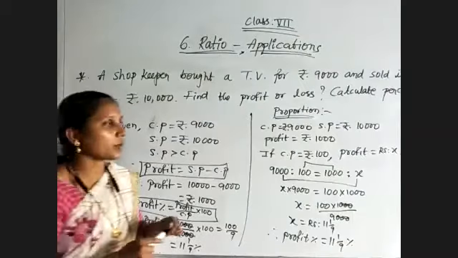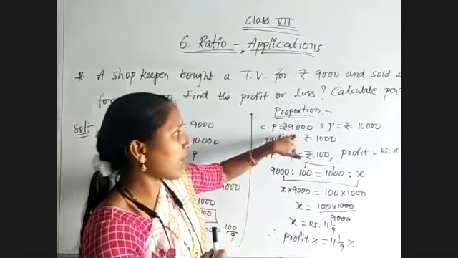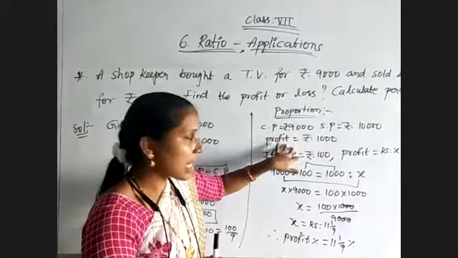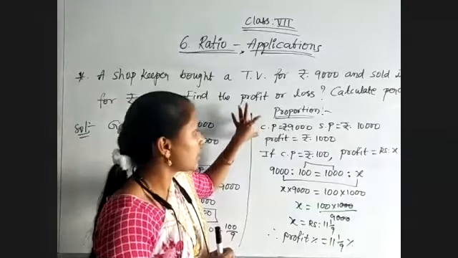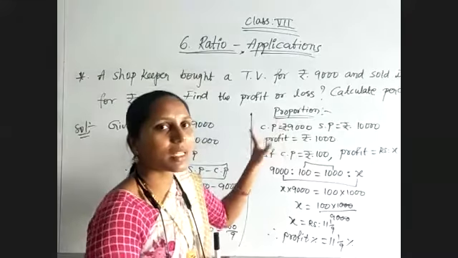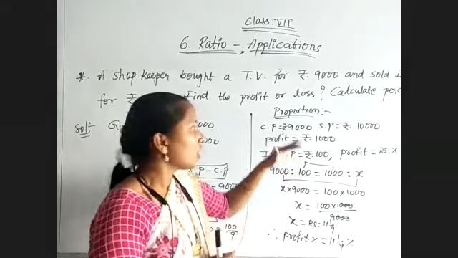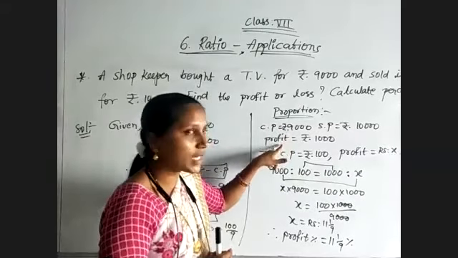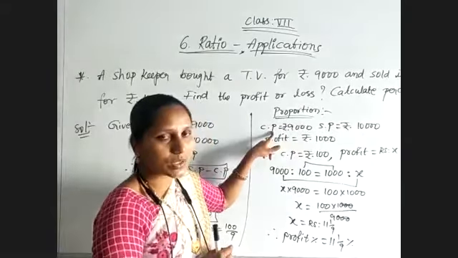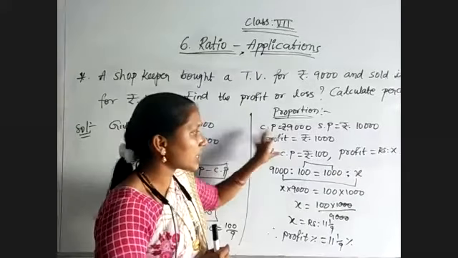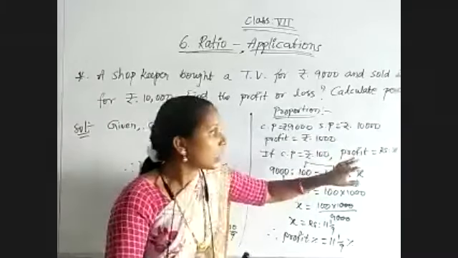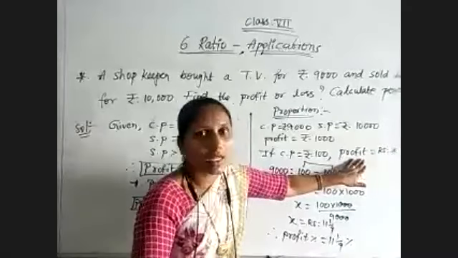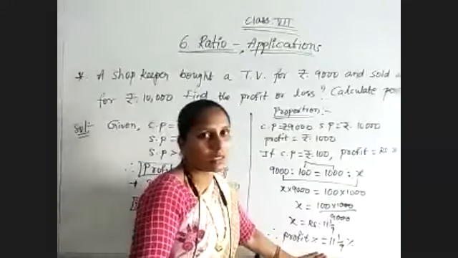By using proportion, first we need to check the given values. For the one we are finding last, we need to mention it last, which means we take CP first. Here for this question we got profit as 1,000 rupees when CP is 9,000 rupees. So let CP be 100 rupees, because for percentage we are calculating for every 100. Then profit will be equal to X, and by that we get the profit percent.